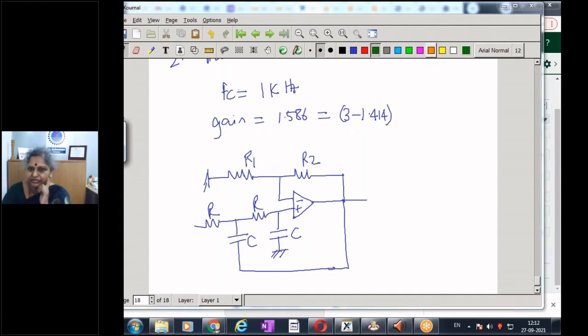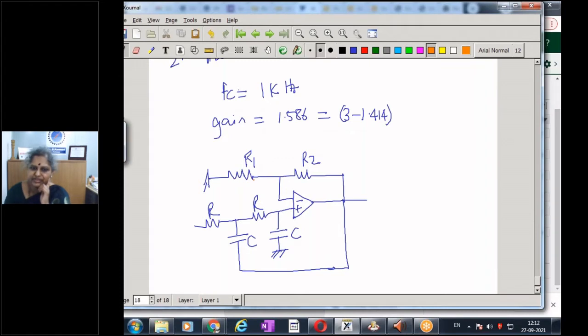I need a gain of 0.586. So we have seen it. R can be, this is 1K. This becomes 586 ohms. We have seen all this in our theory. And this R will remain as 160 ohms, and my C will be 1 microfarad. And then I will have a second order system.